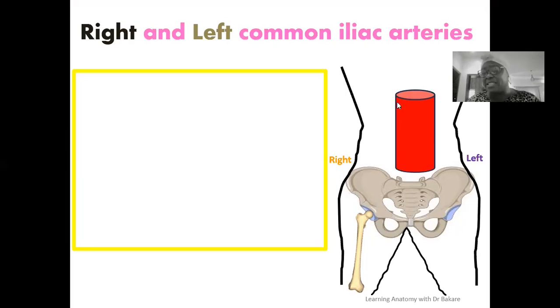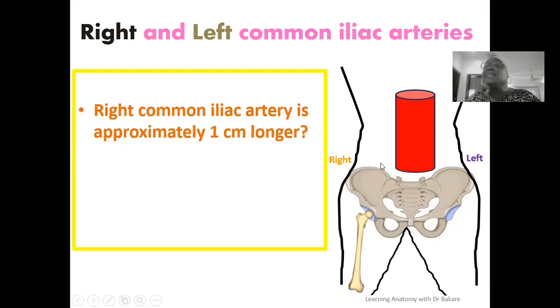So if you look at this image, this is where we have the abdominal aorta. The way it is positioned along the midline plane, you see that it is directed to the left. So the direction of the abdominal aorta is more tilted towards the left. If you use this line that is demarcated here in dotted brown as a course that runs along the midline plane, because you have the direction of the abdominal aorta more tilted to the left, the emergence of the common iliac arteries around the region where it bifurcates also shows differences